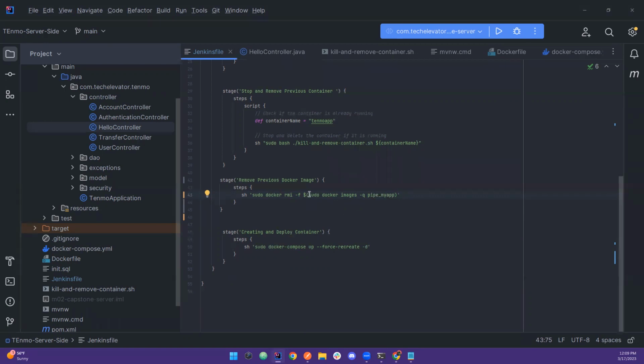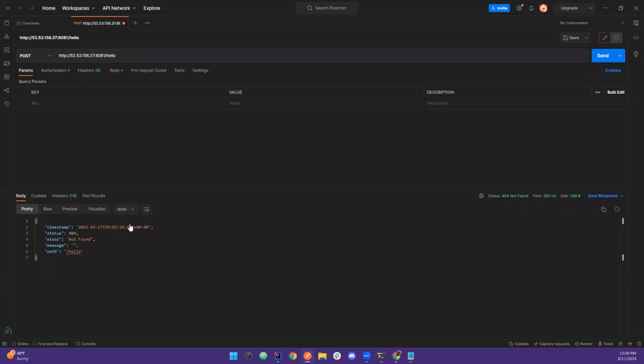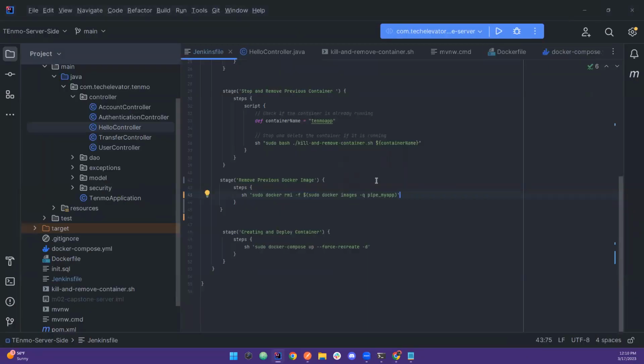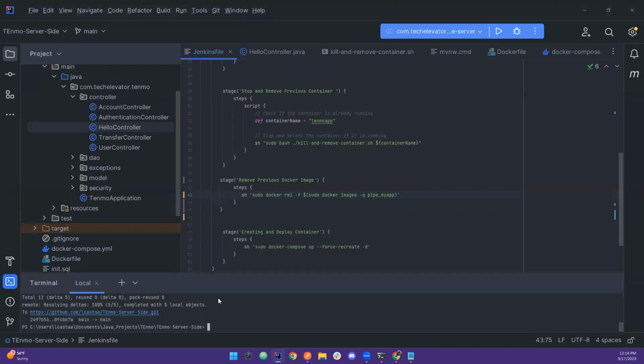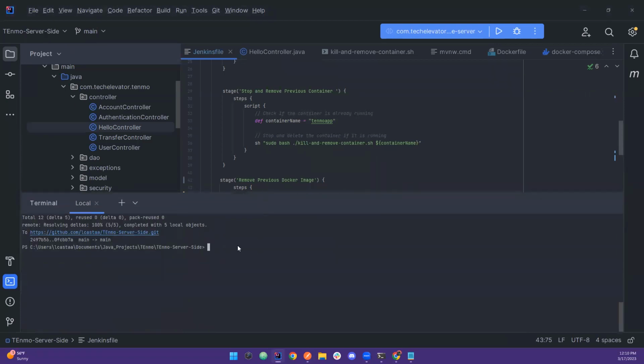The reason why it didn't pop up in hello endpoint is because the image that we were using was the one prior. And when the pipeline was going through, it didn't remove that old image and replace it with this new one. So now that we have that, let's try to see if that actually does the trick and makes